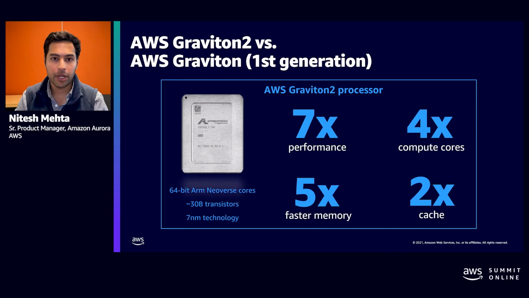We have given customers a lot of choices as far as instances are concerned. There are the general purpose M6G, R6G, C6G. We also launched the T4G series, and we continue to make innovations in the form of the X series, the X2G series as we call it. And a lot of customers have given great feedback regarding these instances.